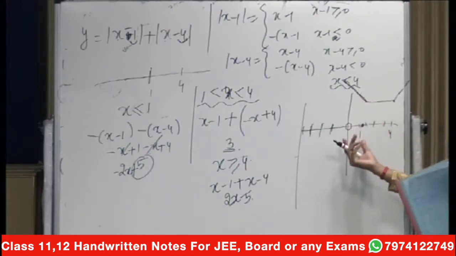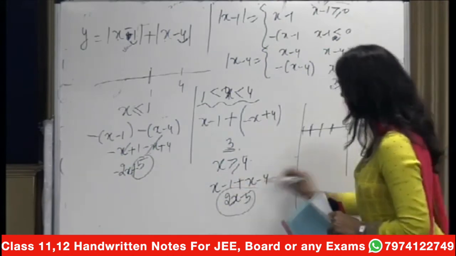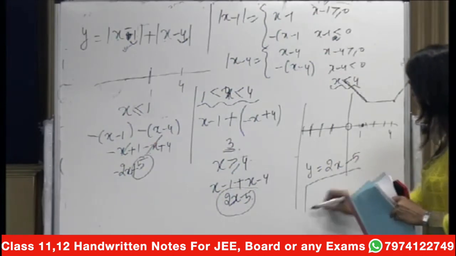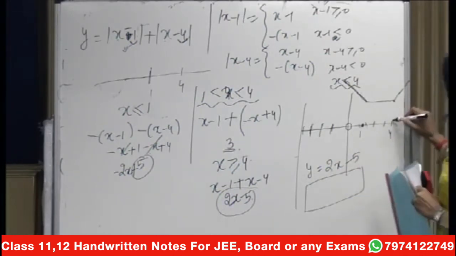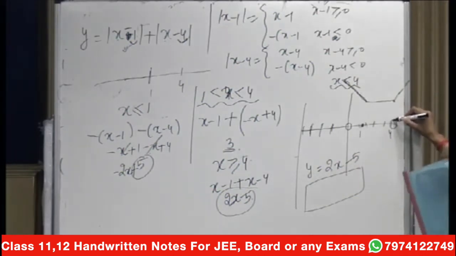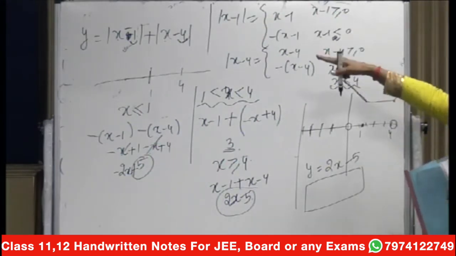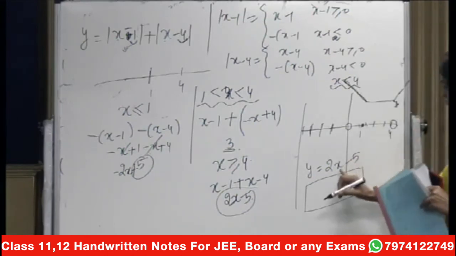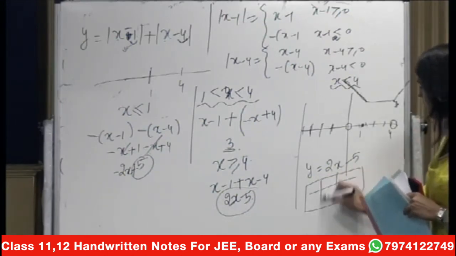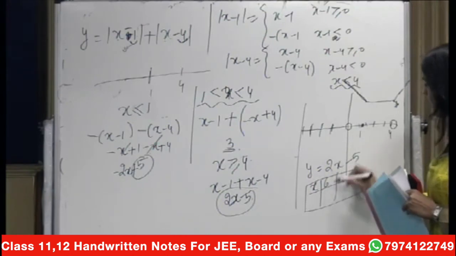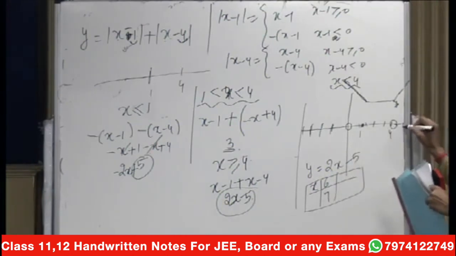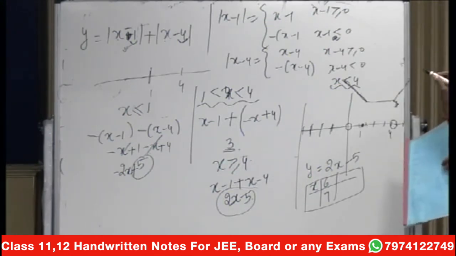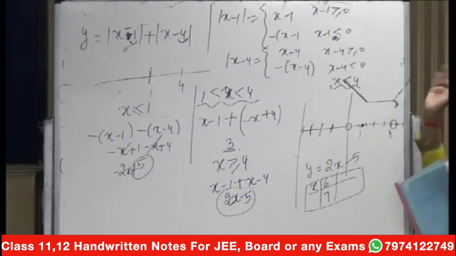This is basically which line? y is equal to 2x minus 5. Any 2 points you take. 1 point I am taking at 4, because I have to connect it. At 4 the value is 3. And then any other value you tell me. At 6, tell me when x is 6, the value of y is 7. So at 6, this value will be, this is 3, so 7 will be somewhere here. So this way you can draw the line, and it is non-ending.